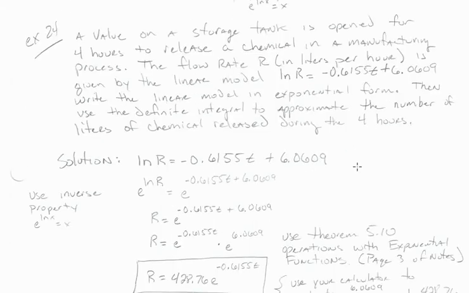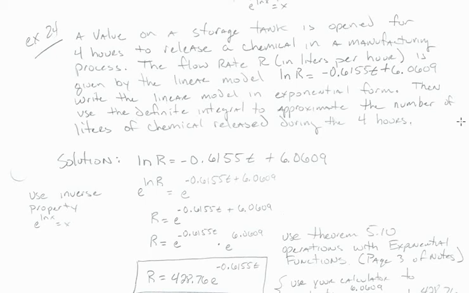Example 24. Okay, this one's very, very similar to a problem that you have on your homework. It's probably like the last 2 problems on your homework assignment for this. Alright, we have a valve on a storage tank that is open for 4 hours to release a chemical in a manufacturing process. The flow rate R in liters per hour is given by the linear model natural log of R